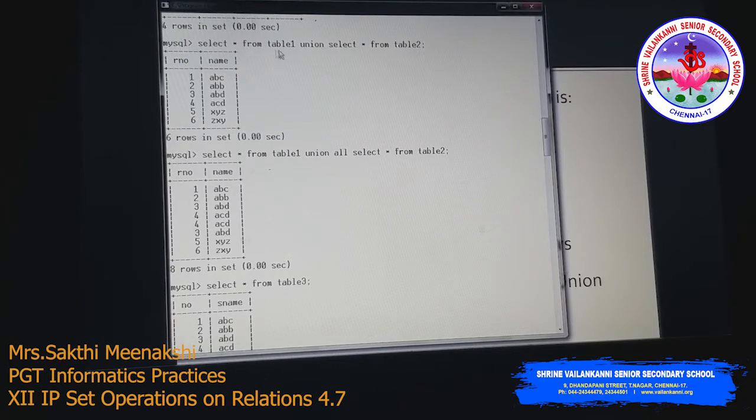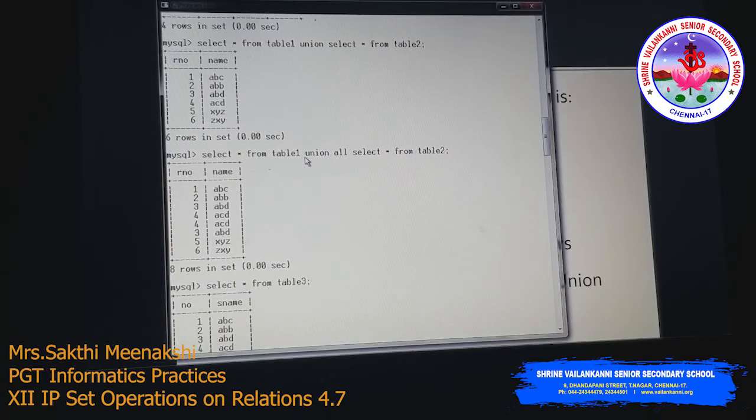It merges all the values from table 2: 1, 2, 3, 4, and then 5 and 6 from the second table. 3 and 4 are common in both tables, so it displays the values without duplicates.